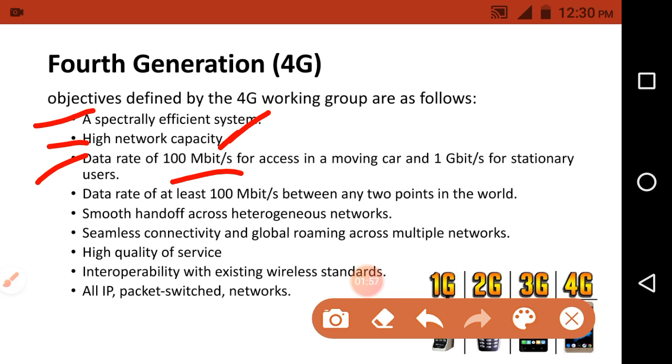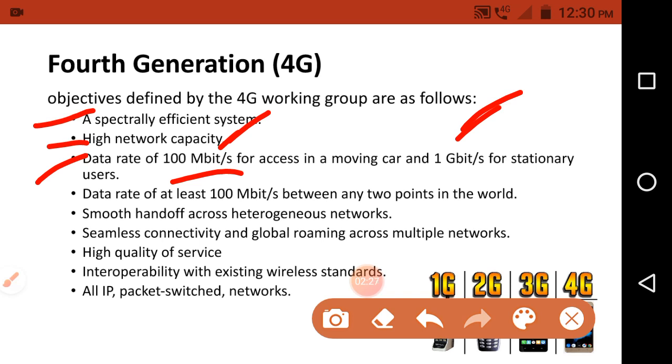Whenever the user is stationary, present at home or the office, he gets internet speeds around 1 gigabit per second. So that is the third objective.